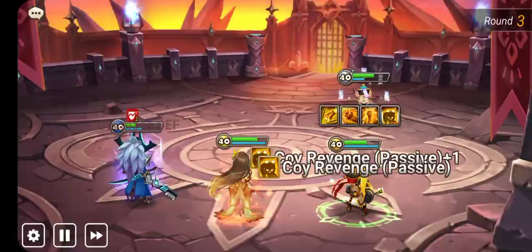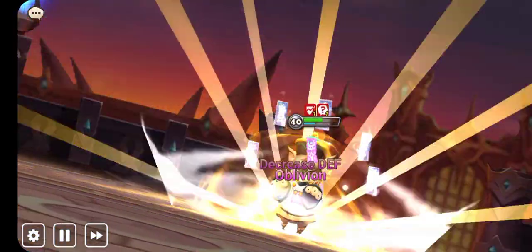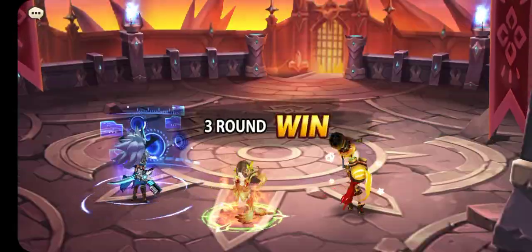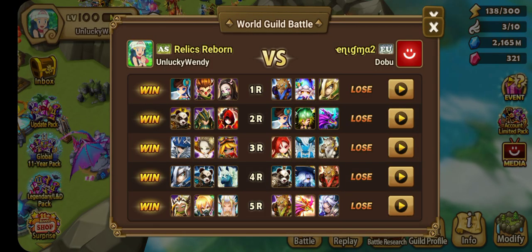Yeah, so from here on out it should be in the bag. Even if Galleon dies, I have defense break from Riley. Or not, sorry, I have defense break from Christina and from the Tiana. Next we have